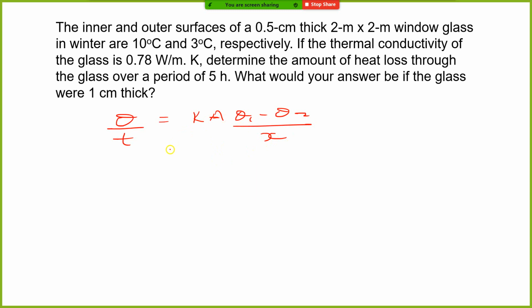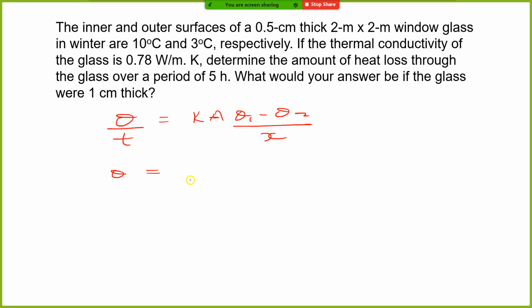So one of the easiest things to do is to just transpose and make Q become the subject, because it's Q that we want to find, right? So the best thing to do is to just make Q the subject. So Q is equal to